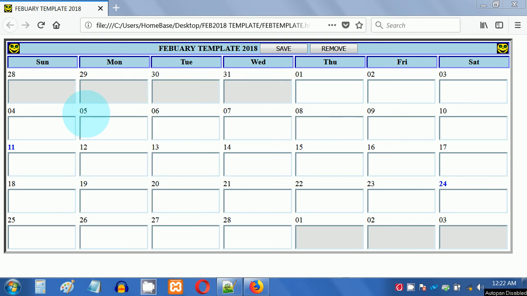This is a revamp of a previous project that I was working on. It's a simple calendar. I'm calling it February Template 2018. I've got a save button and a remove button. In this table, we have a number of text areas, and if you go down to your computer down here